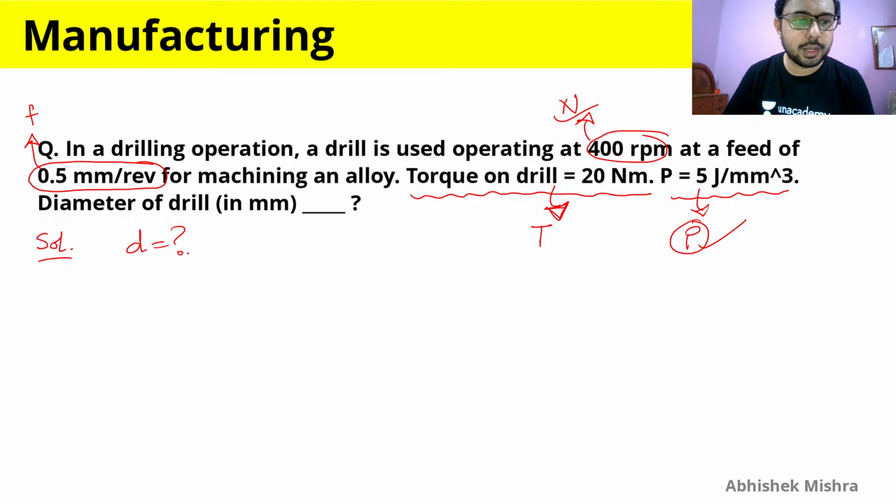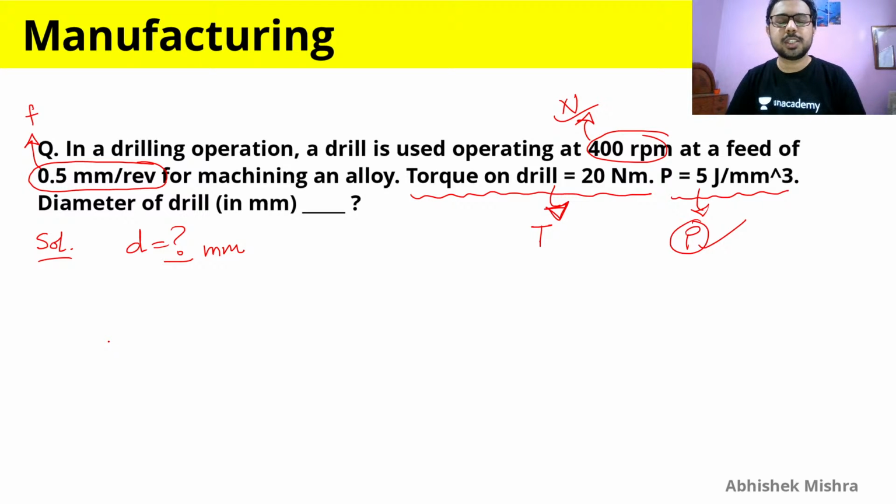So the diameter of the drill is asked, and the unit in which it is asked is mm. This question is a little bit different. In this type of question, to do it quickly, don't take a lot of time understanding the question, because you ultimately have to solve it. You don't have to understand it word by word, because in your GATE your main aim is to score good marks. There is a lot of time you will get for understanding in your interviews and all that.